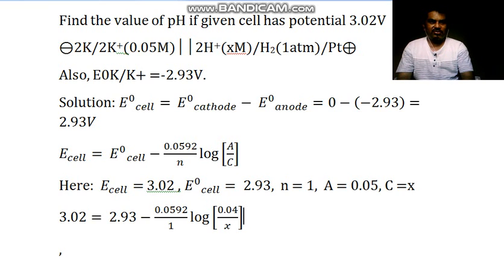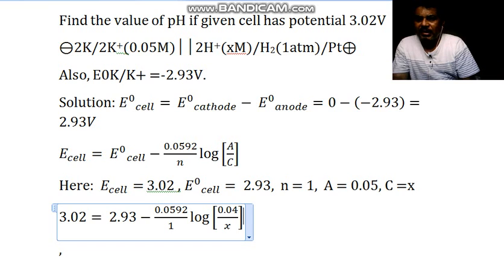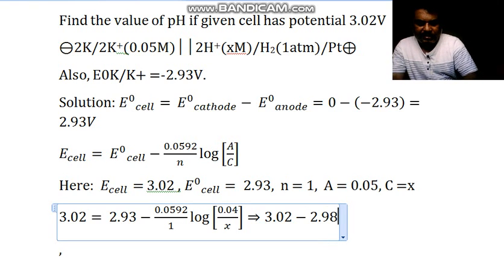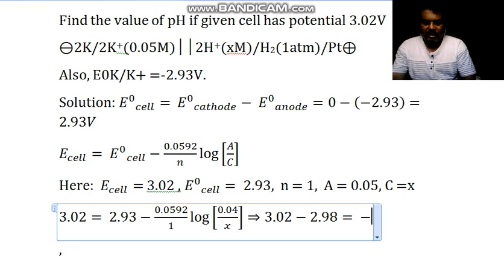As usual, you already know that the 2.93 will come to this side and become minus. So we have to first do the minus there. So I am doing that, so you will not face any difficulty. This implies 3.02 minus 2.93, and here the minus sign stays the same, and the rest remains as is, but 0.0592 and on the other side log of